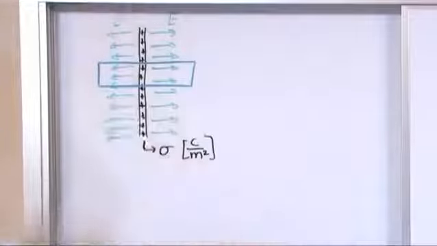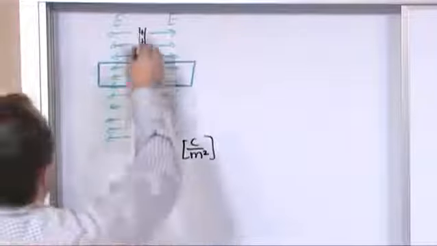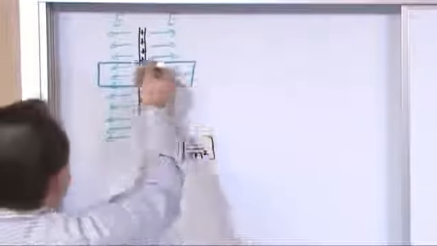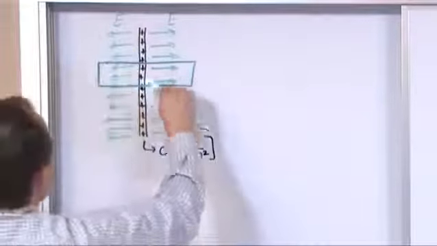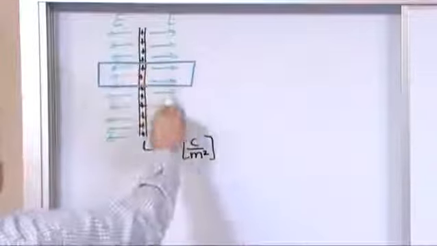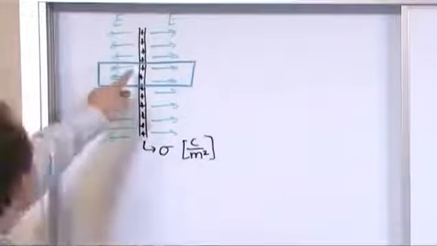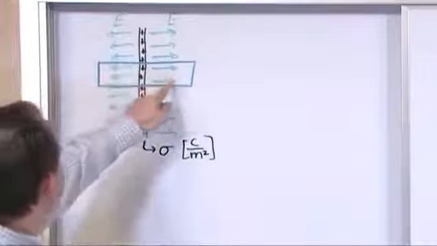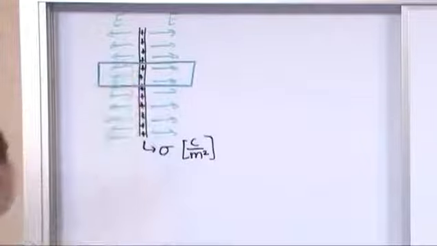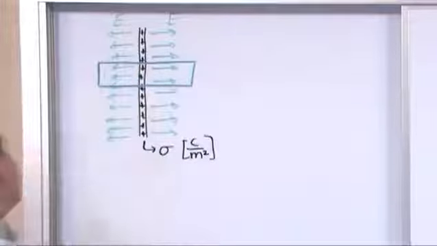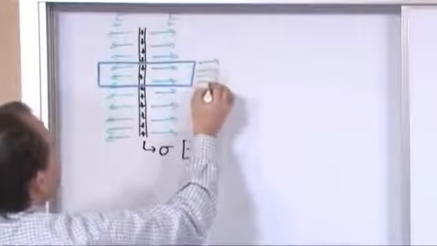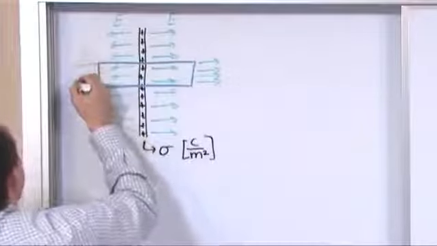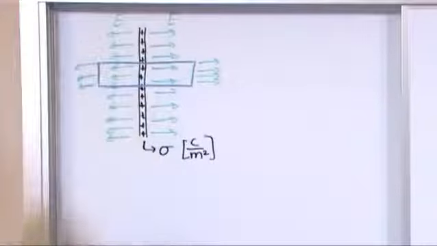Gaussian surface to use is because of the following. All of these problems with a sheet of charge are going to have the electric field coming perpendicular out, so the flux through the side of the tube is going to be zero in all of these cases, because the field lines are parallel to the sides of the tube, so there's no contribution to the flux there. But because it's a uniform field, you have to imagine it extending out everywhere. The electric field goes perpendicular through this end and also perpendicular through that end. So it's easy to calculate